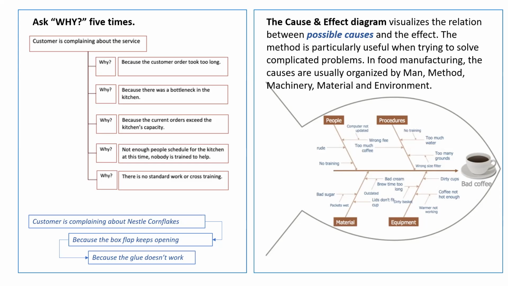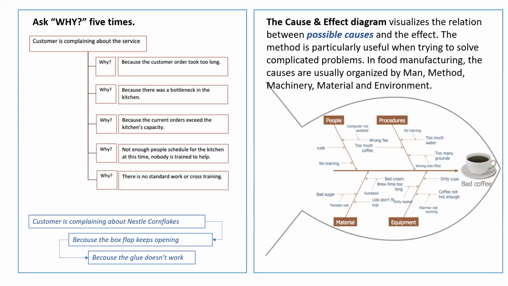And somebody says, oh, I think there was not enough training. So you can put training into procedure. Somebody says, oh, there was too much water or not enough grounds. Then you can put it under procedure as well. All right. And then when you say the machine was not producing hot enough water, then you can put it under